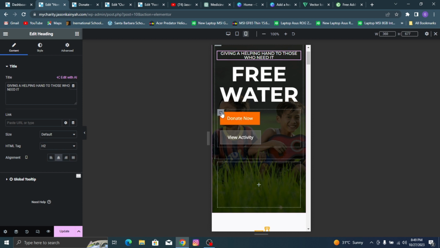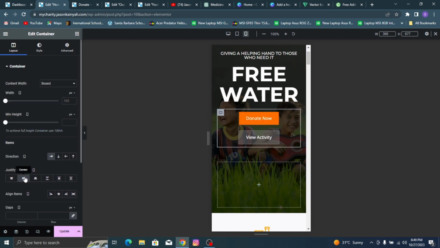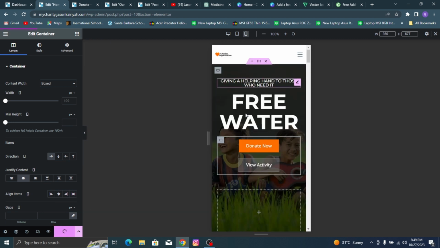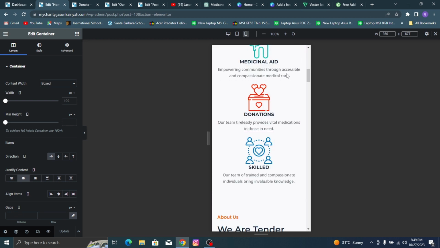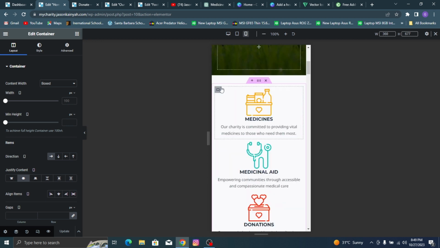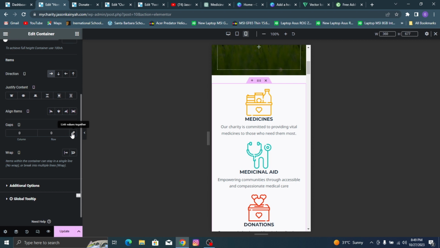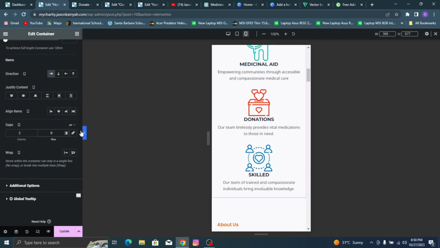Let's see, can we center the content? Cool. So just click update, and then this is for the mobile phone. So let's go to the next block. I also feel like everything here is okay, we don't really have to do anything here. But if I go here to this container and I click this, let me increase the space for the row to like 9, so okay, maybe 10. Now just click update,